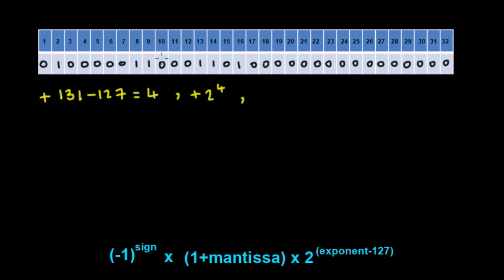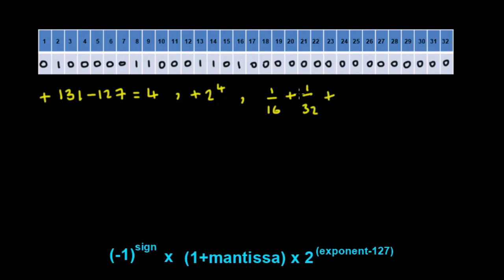Now the Mantissa is the next 23 bits. And all we need to do is work out the fixed point values for these. So that's going to be a value of 1 upon 2, 1 upon 4, 1 upon 8, and that's going to be 1 upon 16, so it's going to be 1 upon 16, plus the next one along is 1 upon 32,